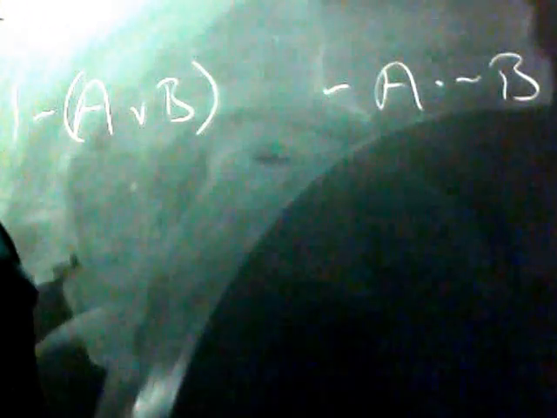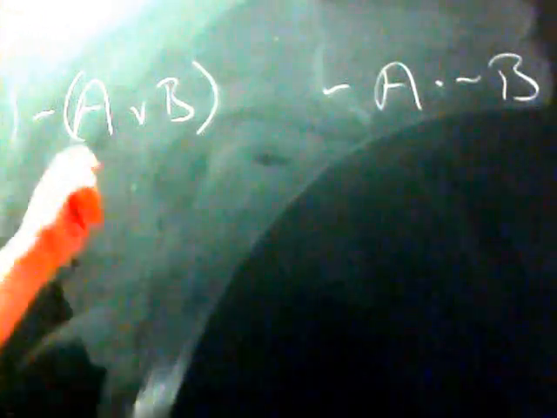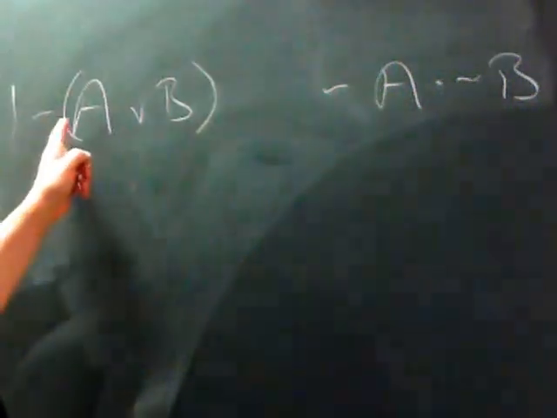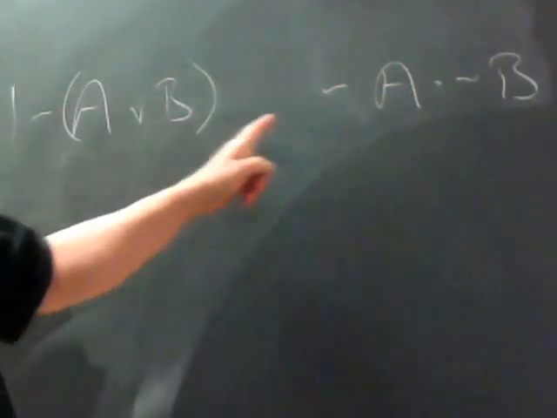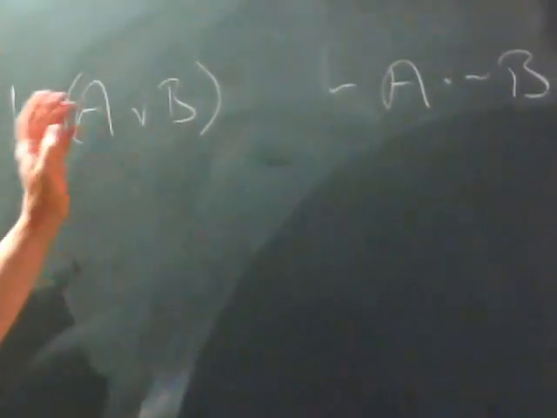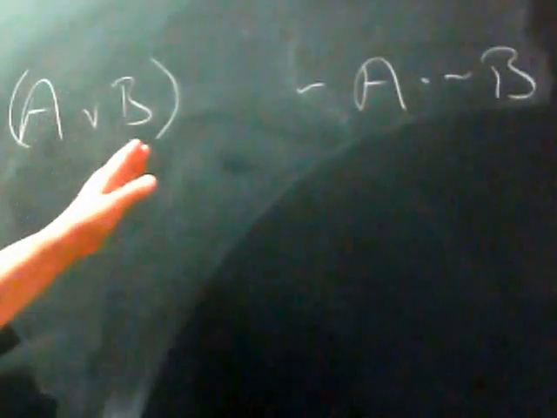All right, let's see how we go about filling in a truth table. I put up two statements here, neither A nor B. That says not the case that either A or B, and this says not A and not B. They both have two statements in them, A and B, so they're going to get 4 lines to make their